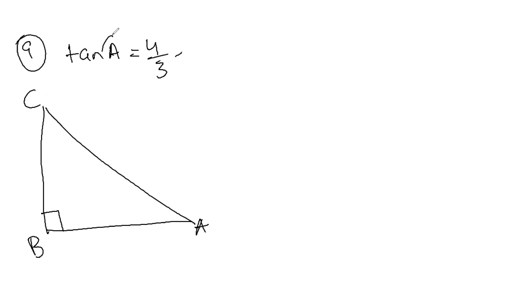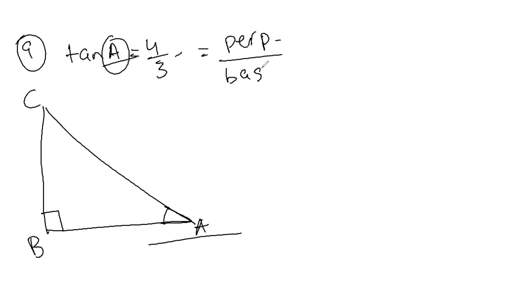So now tan A is equal to 4 upon 3. What tan is trying to tell us is that the angle A should be to the ground, and with respect to angle A, tell us tan A. Now tan A is already given as 4 upon 3. So tan theta basically means perpendicular upon base. So if this is the perpendicular and this is the base, we'll note that down. So base is equal to 3 and P, the perpendicular, is equal to 4. And if we solve by the Pythagoras theorem, 4 whole square plus 3 whole square is equal to 25, and accordingly, we'll get a value of 5.